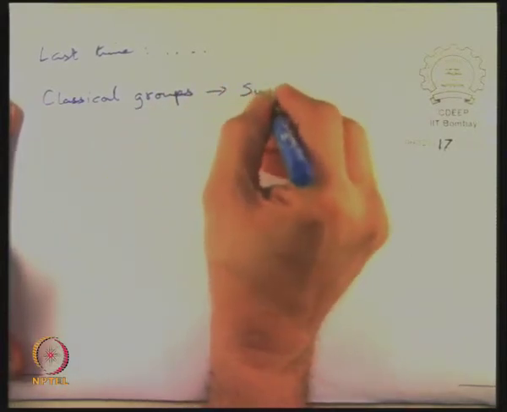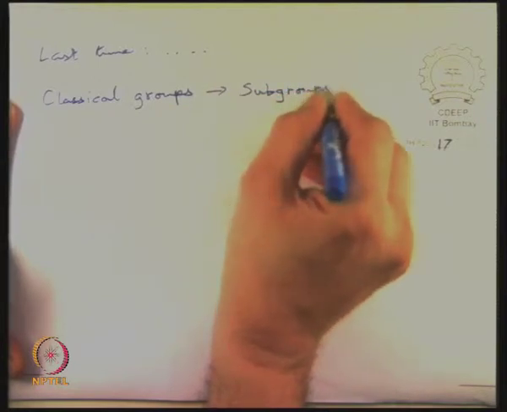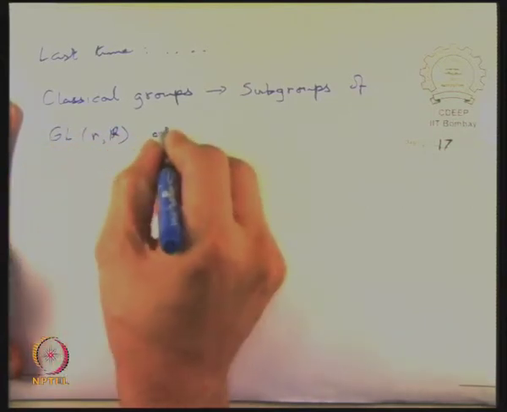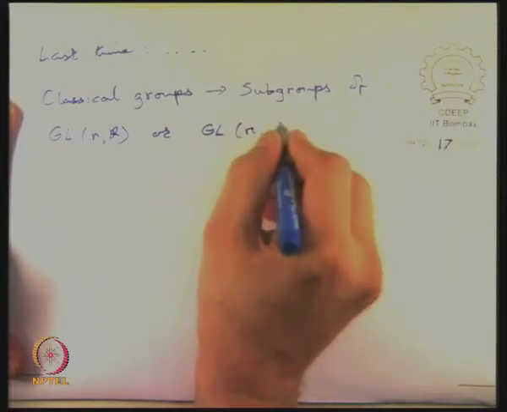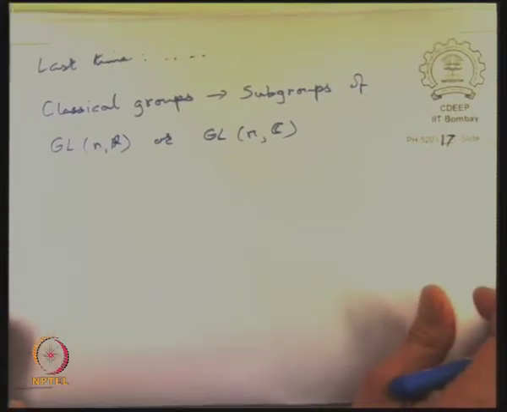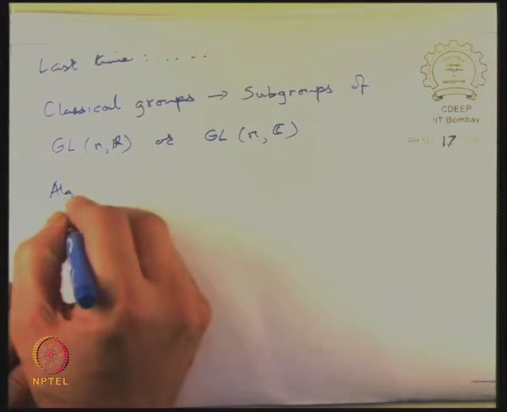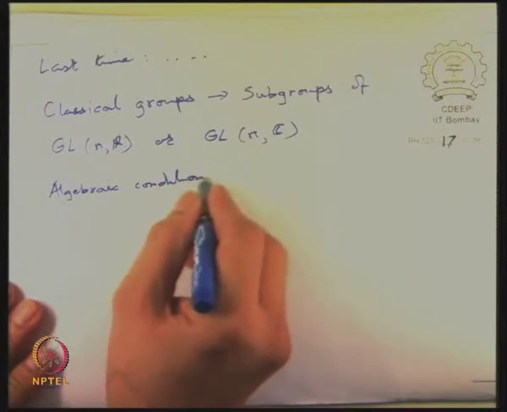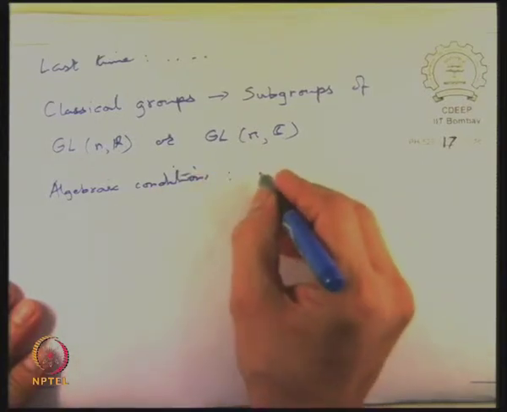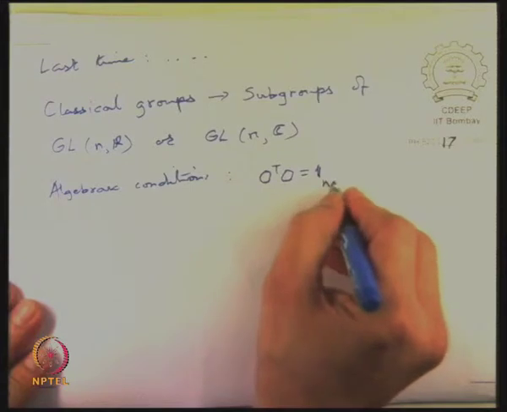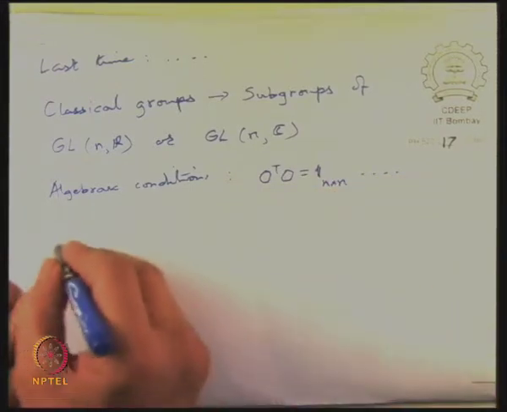Which are subgroups of GL(n,R) or GL(n,C), most of the classical subgroups have an algebraic condition, like saying that O transpose O equals 1, etc. Or we had index notation